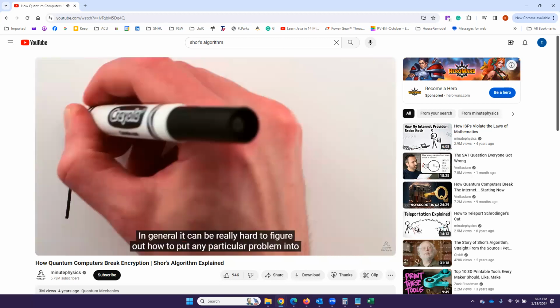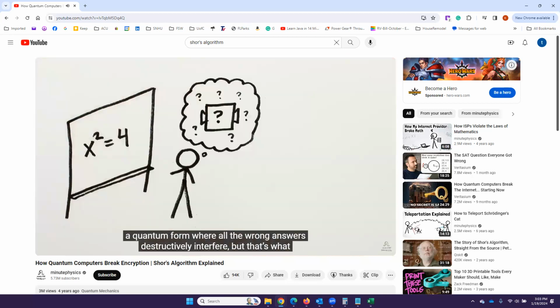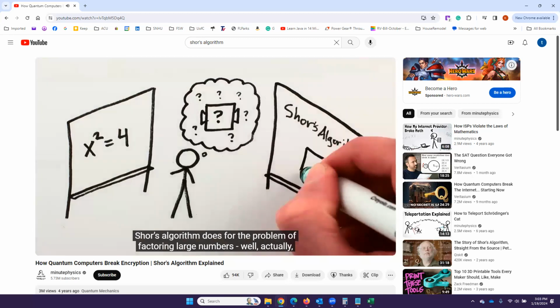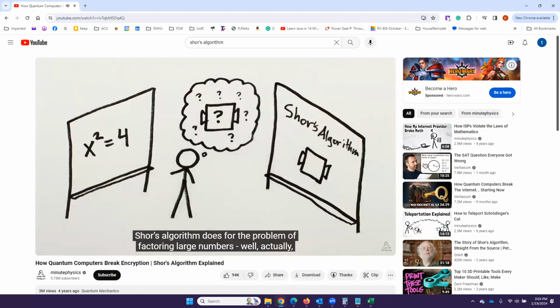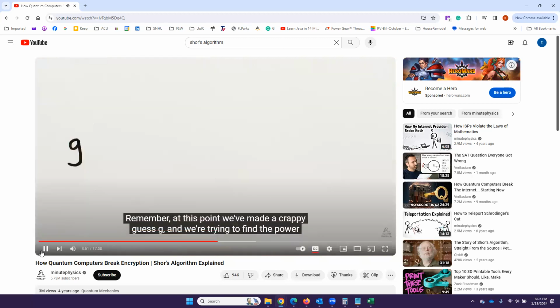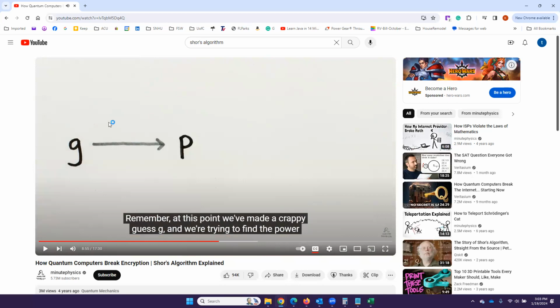In general, it can be really hard to figure out how to put any particular problem into a quantum form where all the wrong answers destructively interfere, but that's precisely what Shor's algorithm does for the problem of factoring large numbers. Well, actually, it does it for the problem of finding the power p. Remember, at this point, we've made a crappy guess g, and we're trying to find the